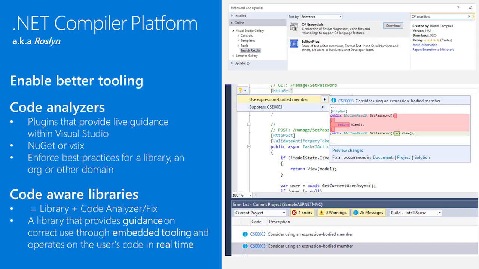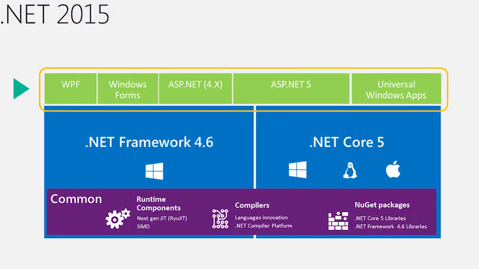For library and framework authors, we have what we refer to as code-aware frameworks, the ability to include a compiler extension with that library that gives an interactive experience for using the library, using the framework in the way it was intended, and flagging uses that may be not as optimal, including the ability to offer fixes to the developer right within the IDE. If we move up a little bit and talk about the application types that sit on top of these runtimes,